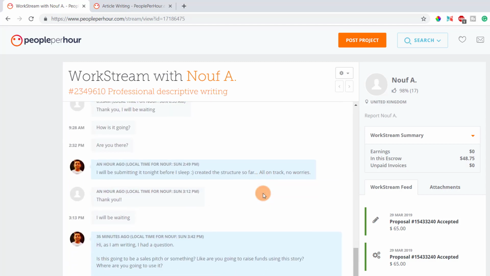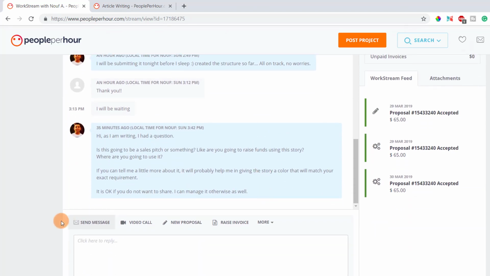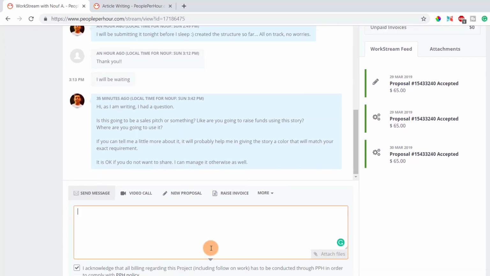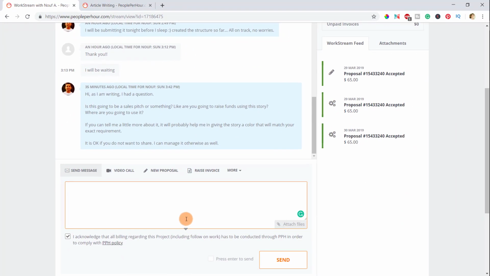Now that I am done with the project, I'm going to send the file here through this send message option and I'm going to raise an invoice using this button here. So the first thing that I'm going to do is to send the project delivery or deliver the project. So here I'll write